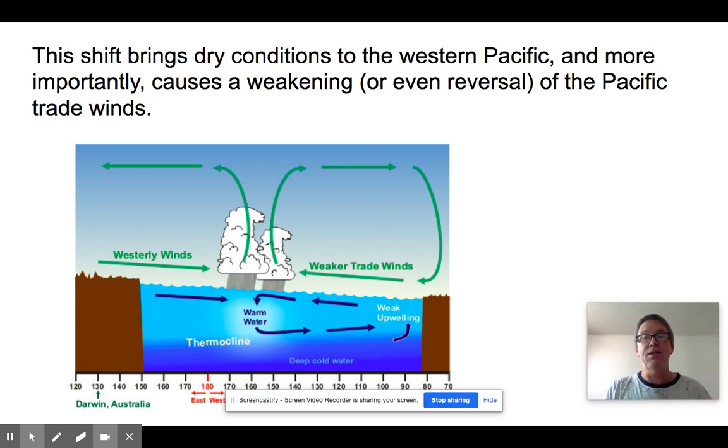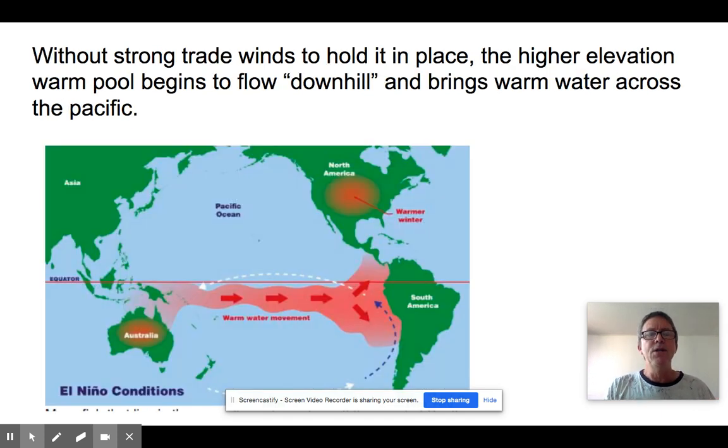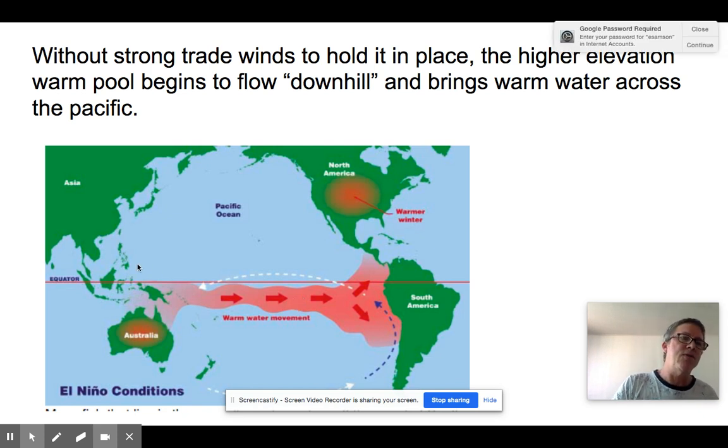It's in a way kind of catastrophic because nature relies on consistency, and this represents a total lack of that. Now, the main thing that happens here is the movement of warm water. So remember, normally the trade winds, courtesy of the Walker cell, are forcing water over here to make this warm pool. And remember, the water here is like half a meter higher.